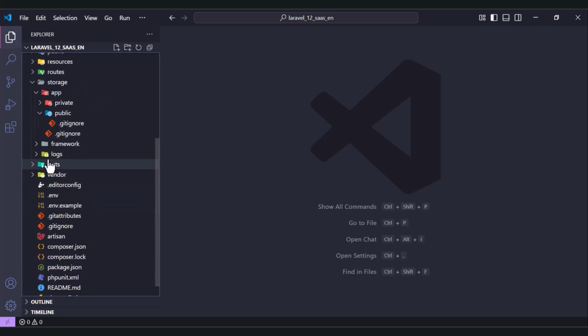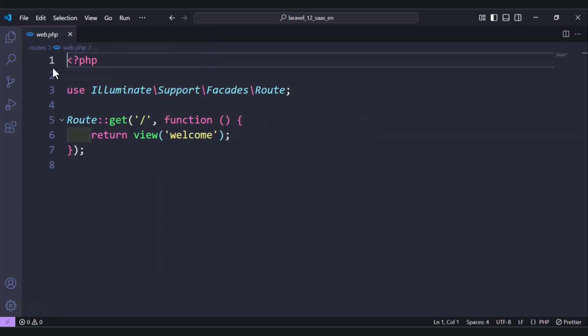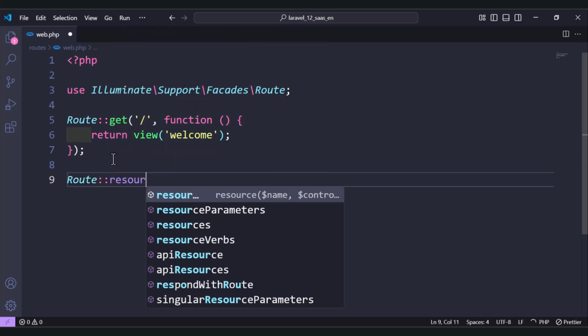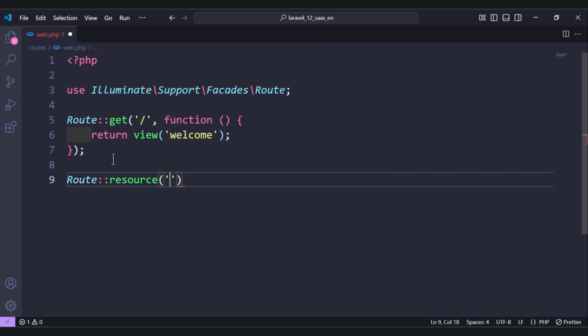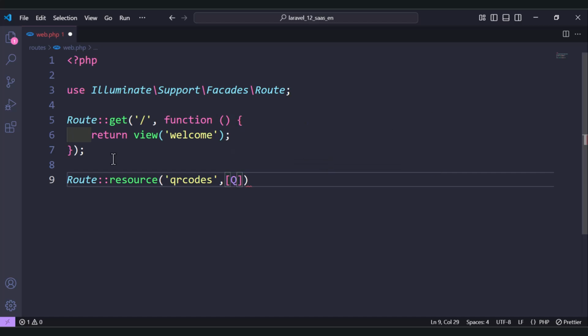Let's add the routes. Where is it? Here we have storage, routes, web.php. We have this one for the welcome page. Let's add another one and make it a resource. Before we add the controller, let's add QR codes here, and we need the controller, which is the QR code controller,